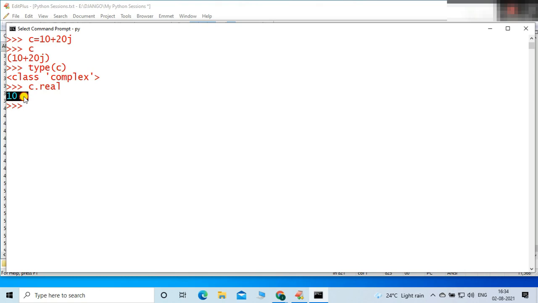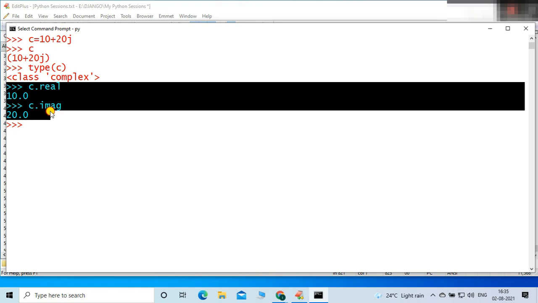10 is definitely of type float, but 10 is the value. Now my requirement, friends, listen carefully, is to find the imaginary part. For that, just type imag. That will give you the imaginary part. C is the complex number and I want its imaginary part, so just type C dot imag. What is real and imag, those are the variables, friends. Let me enter: 20. This is the imaginary part. Very simple, friends.